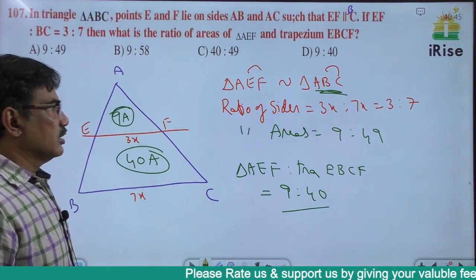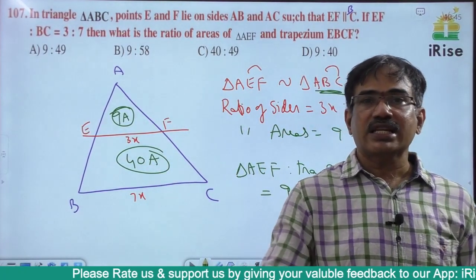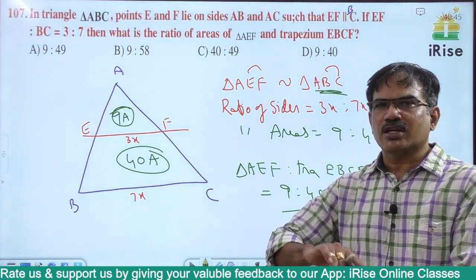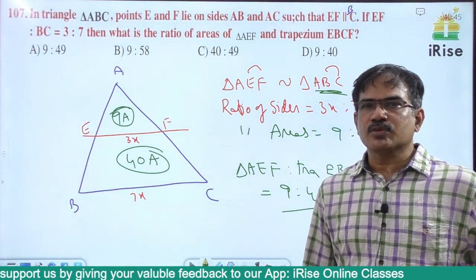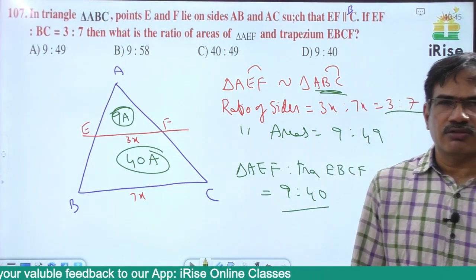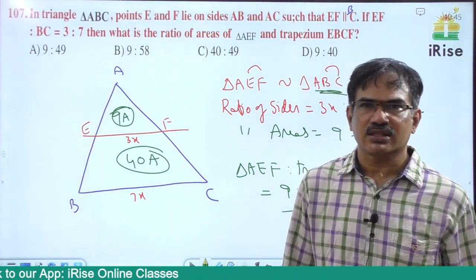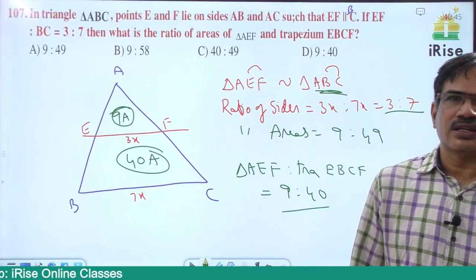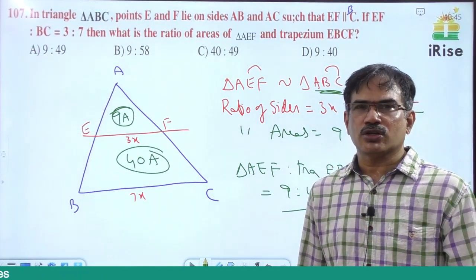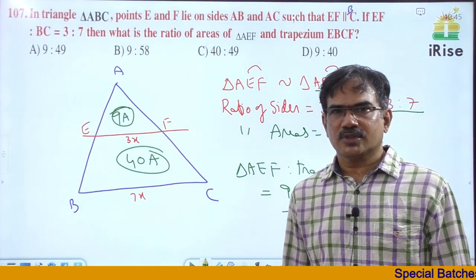This part is 9. If the ratio of sides of similar triangles is known, we can find the ratio of areas, which is nothing but the square of the ratios. And this can be applicable for similar figures even for 3-dimensional also. For example, spheres are always similar. The ratio of volumes is nothing but the cube of the ratio of sides, nothing but the ratio of radii. If radii are in the ratio 1:2, what about the volumes ratio of spheres? Okay, 1:8. Okay, next one.